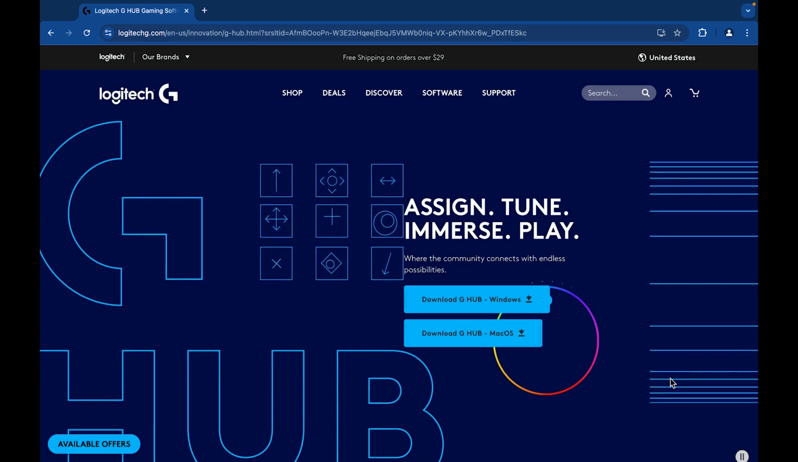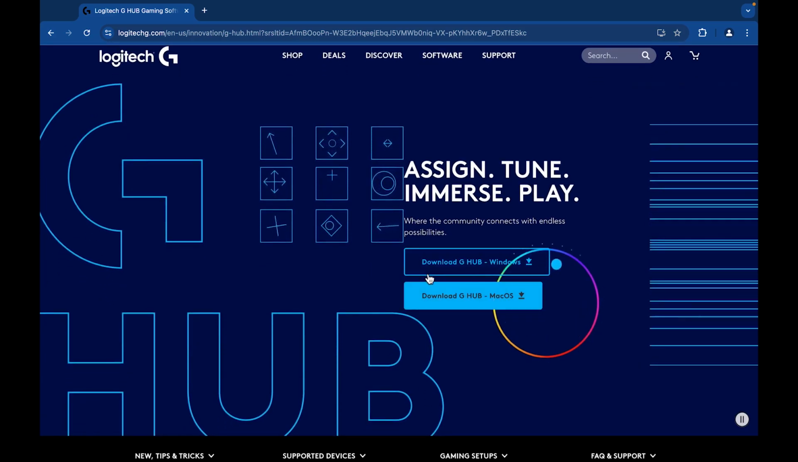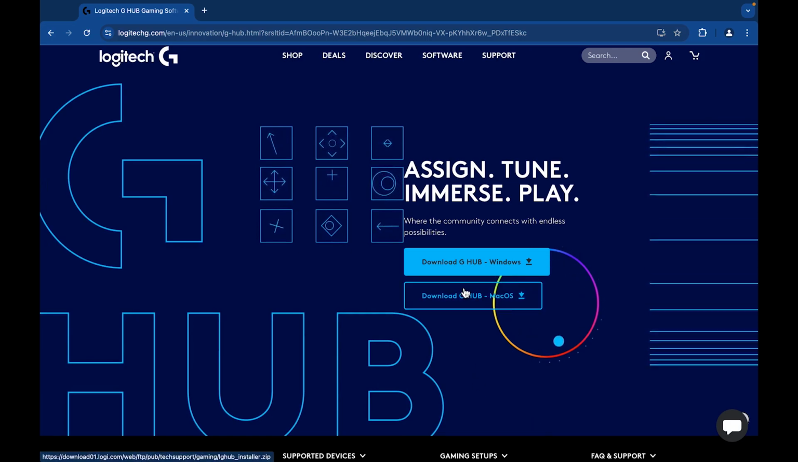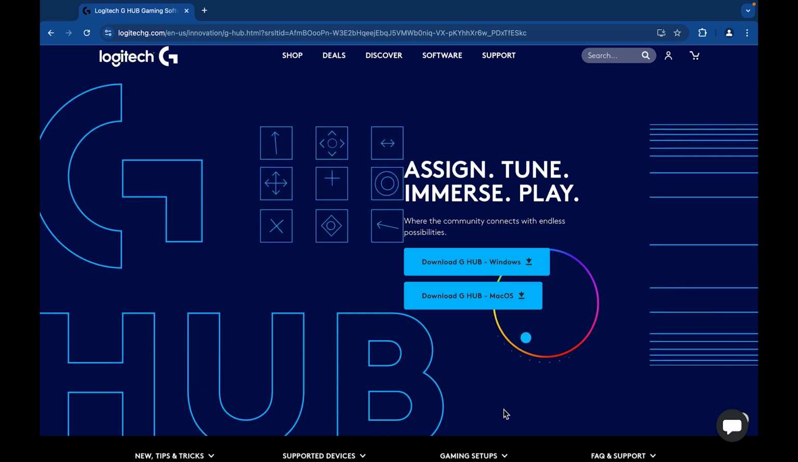Obviously, if you are on a Windows device, you have to click download for Windows, and if on macOS, on this button. I'm not gonna click on this button because I have already this software on my device, so I'm gonna just